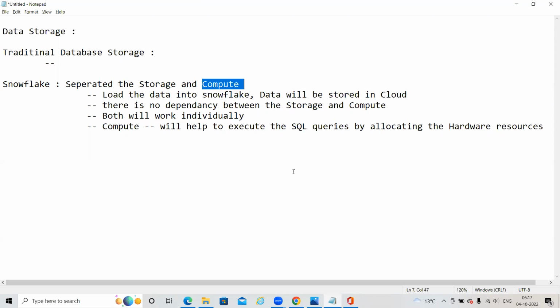Once you execute a query in your database, it will give you very good performance while retrieving data from Snowflake. That is one of the major advantages actually. So this is very high level knowledge on storage and then compute of Snowflake. Clear on this, or does anyone have doubts?